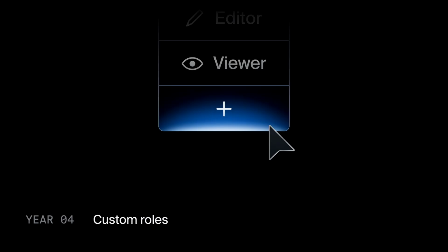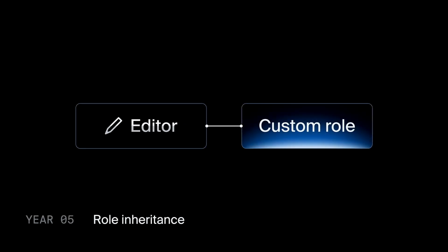So something they fundamentally realize is that it's impossible for them to predict every single permutation of permissions and express that as a static role. So what they end up doing is just listing all the permissions they have and letting their customers handpick these permissions and express them as custom roles. With this, they do solve the customization problem, but they open up a new can of worms, which is that their customers have created so many custom roles that it's become hard to maintain and scale those roles.